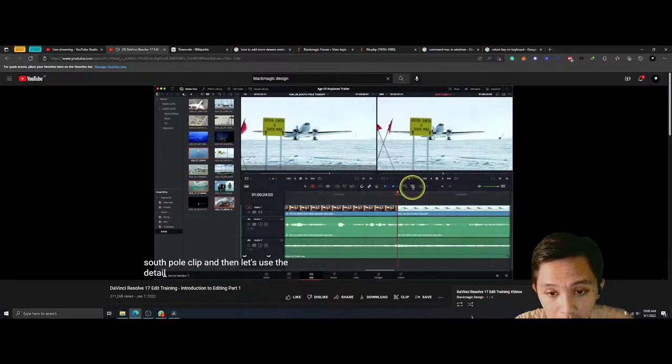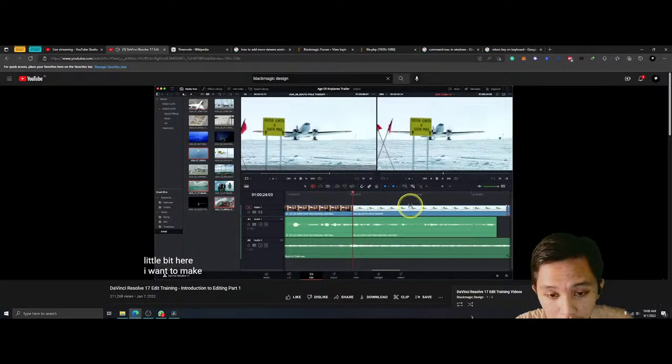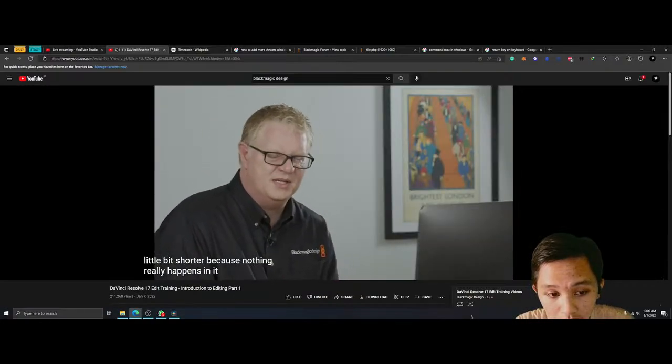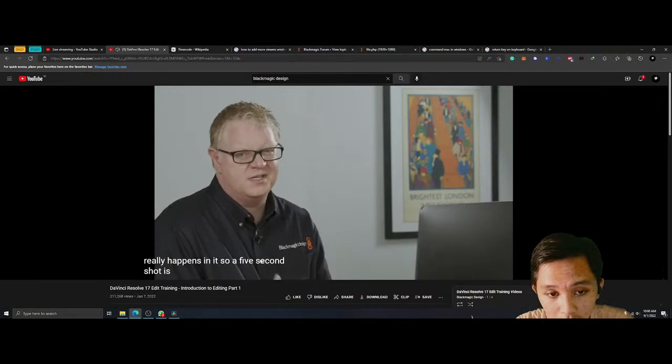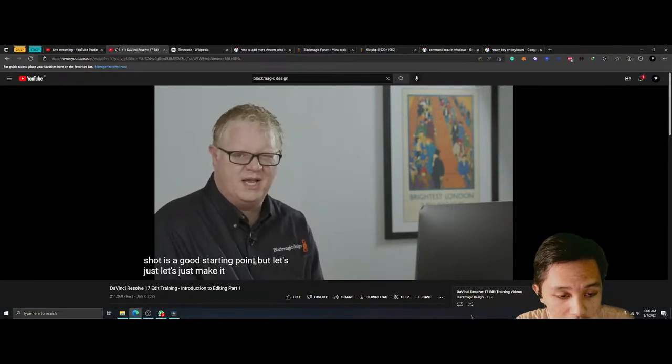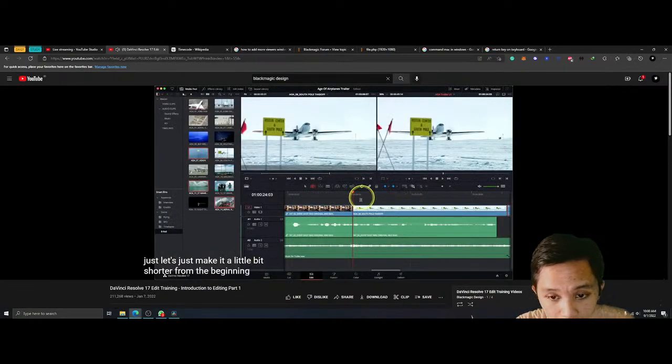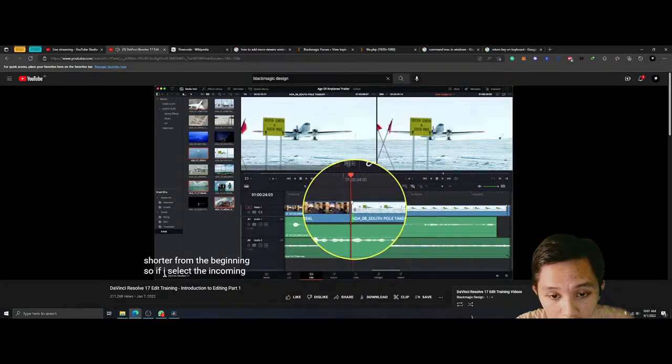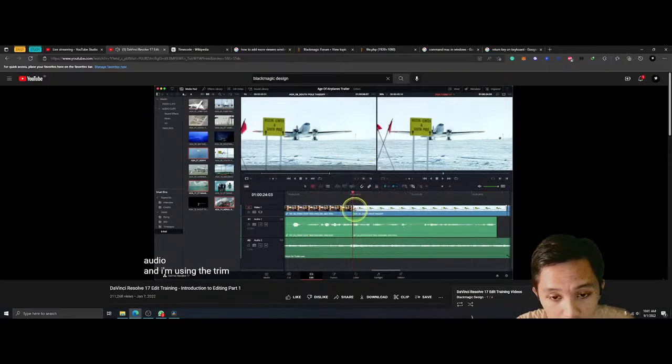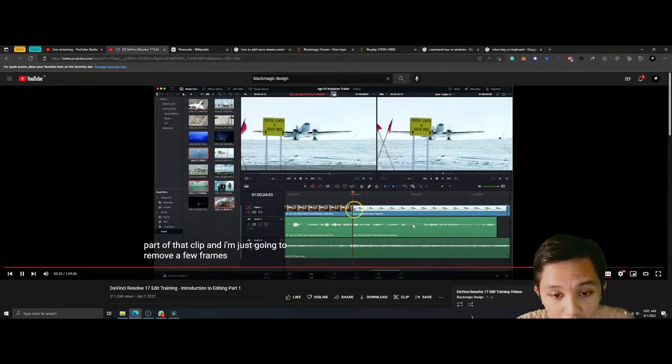And then let's use the detail zoom button just to zoom in a little bit here. I want to make the South Pole clip a little bit shorter because nothing really happens in it. So a 5-second shot is a good starting point, but let's just make it a little bit shorter from the beginning. So if I select the incoming part of that clip, you'll notice I haven't selected any audio, and I'm using the trim edit mode here in order to be able to select the beginning part of that clip, and I'm just going to remove a few frames